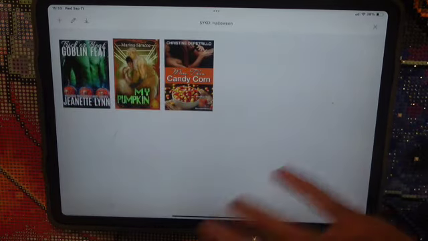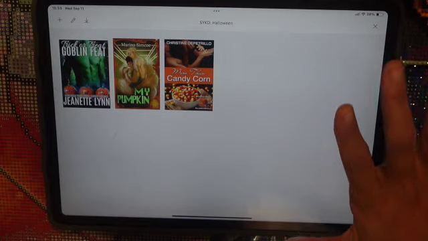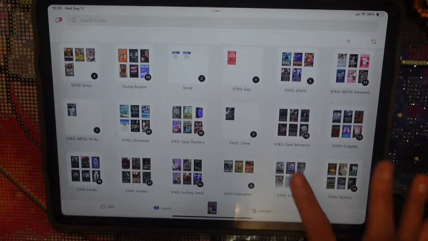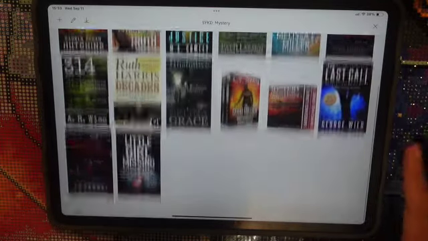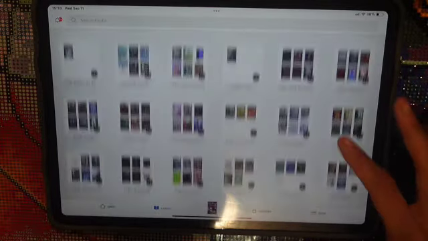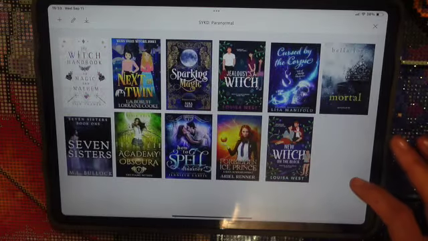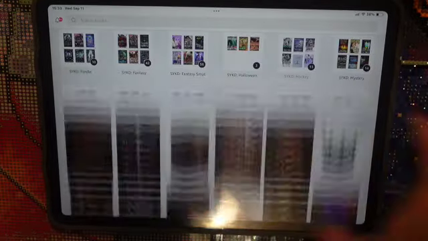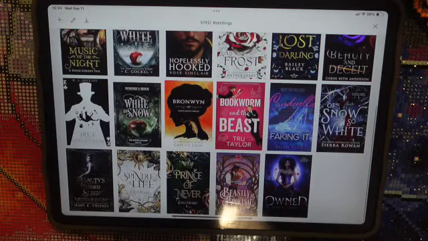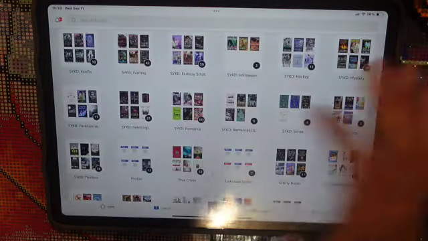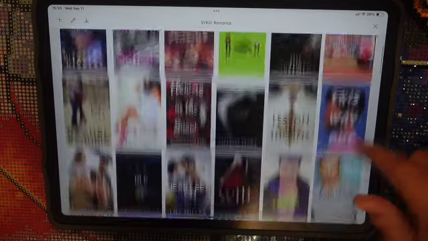Then we have my Halloween books here. Stuff Your Kindle Day Hockey, Stuff Your Kindle Day Mysteries, Stuff Your Kindle Day Paranormal. I get a lot of Stuff Your Kindle Day books. Stuff Your Kindle Day Retellings. So these are any retellings, kind of like my other collection. They're just ones that I got for free. These are Stuff Your Kindle Day